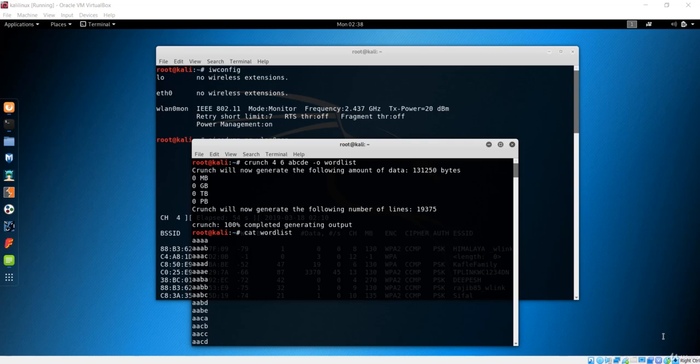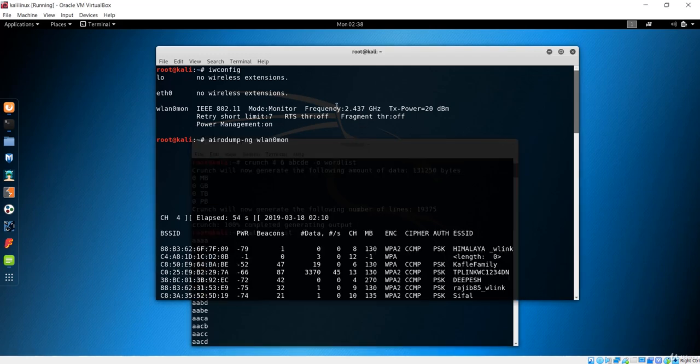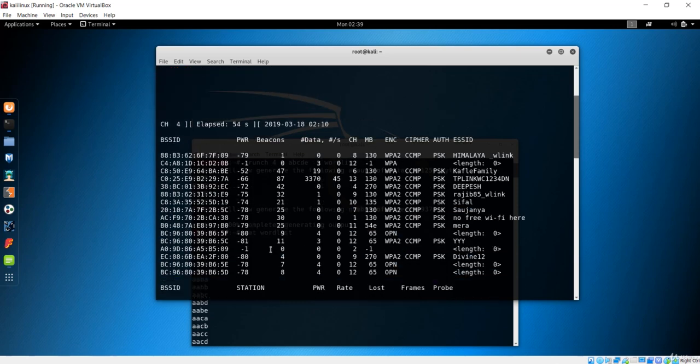So let's start revising some of these terms before actually cracking our WPA. First of all, we converted from managed mode, which was the default mode of this wireless extension, to monitor mode, because we want every bit of packets that is sent over the Wi-Fi range to be captured, because we want to see all of this information of the Wi-Fi.